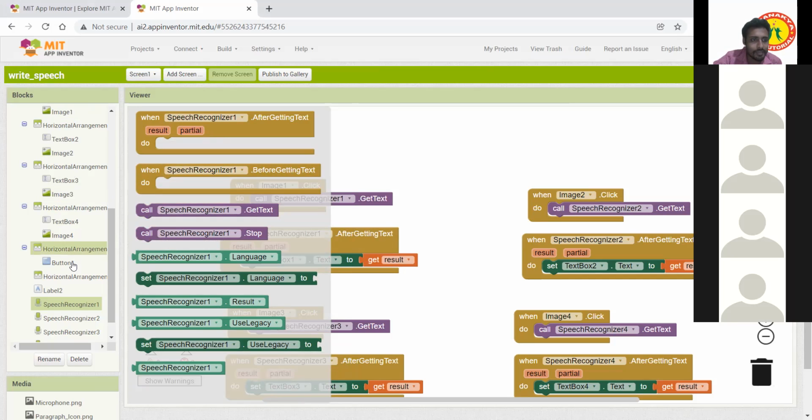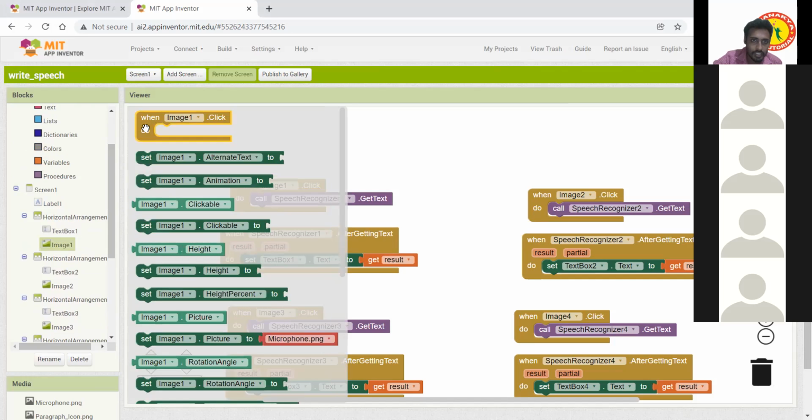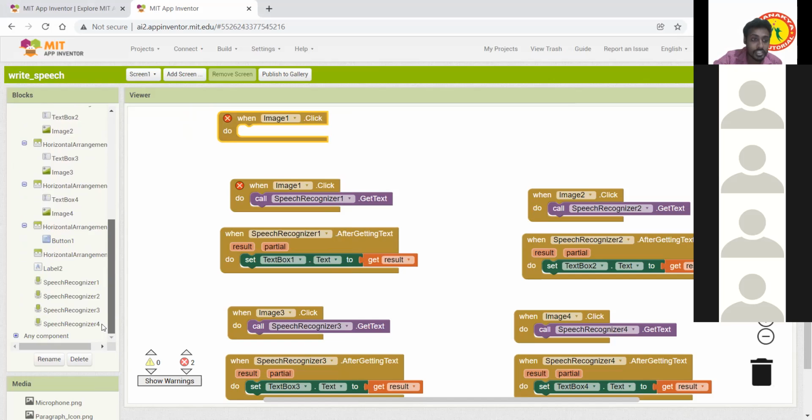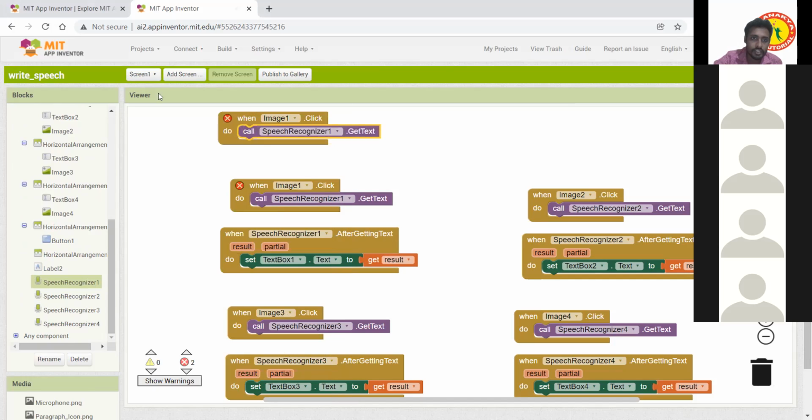Go to image 1, take image 1, and then go to speak recognition 1. Take this one, call speak recognition dot get text, and just join it like this.